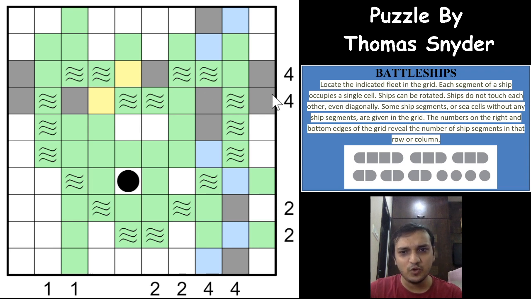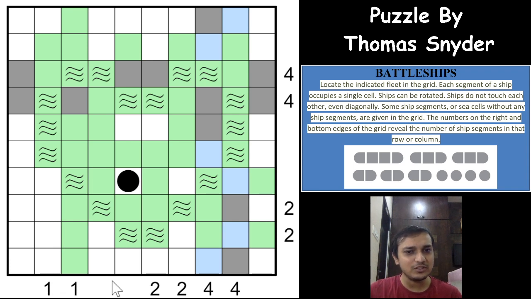And if you see this 4 has been fulfilled. 1 2 3 4, right? This has to be unshaded, and which means this has to be shaded, and this as shaded, we have got one more as outside the columns, right? So we have 1 2 3 4 5 and 6 cells of ship segments outside these 6 columns, and inside these 6 columns there are 14.